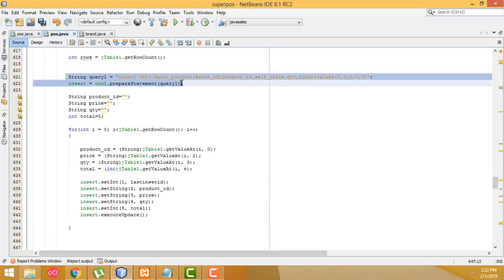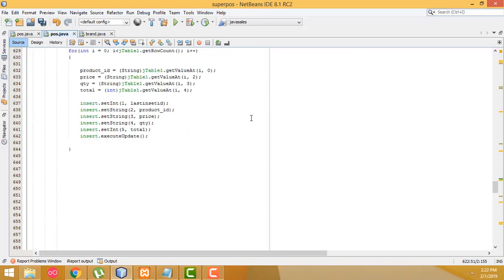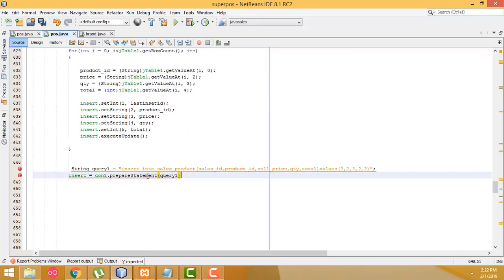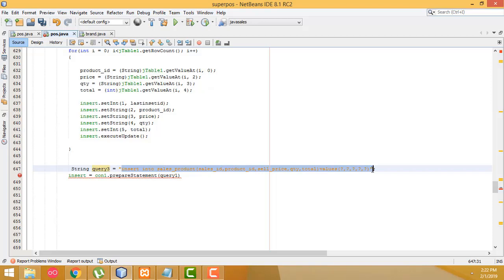You have to copy this one, and paste it here. We call this one 3. Here you have to write not insert, this one should be called update. You have to call it update product